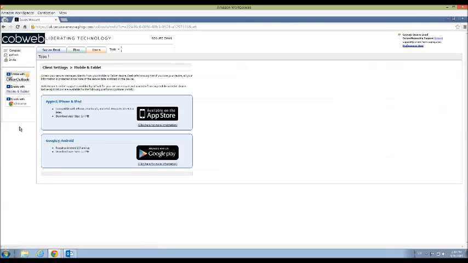And finally, we have thick client applications available currently on any iOS device or on any Android device. BlackBerry and Windows 8 applications are also coming soon. But this allows you to access, send and receive secure content wherever you are, as long as you have your mobile device.